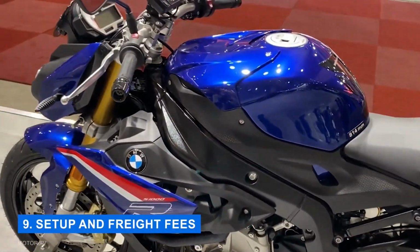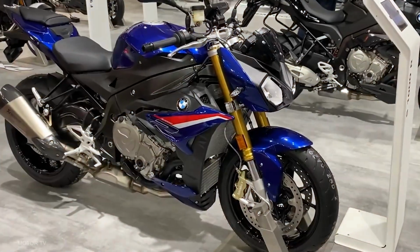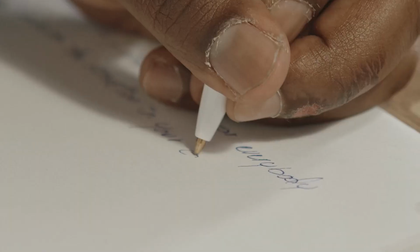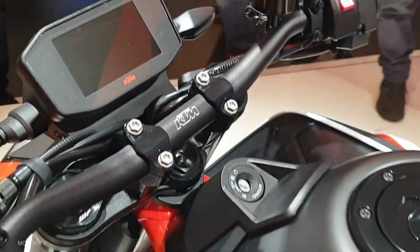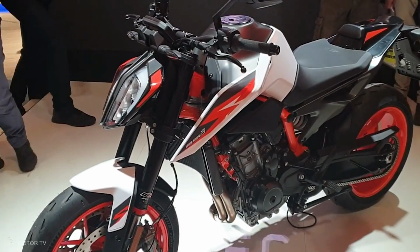9. Setup and freight fees. When you walk into a dealership and see a motorcycle listed for, say, $9,499, it's easy to assume that's the price you'll pay. But once you sit down to sign papers, 2 mysterious charges often appear: freight and setup fees. These can quietly add anywhere from $400 to over $1,200 to the total cost, and most buyers don't see it